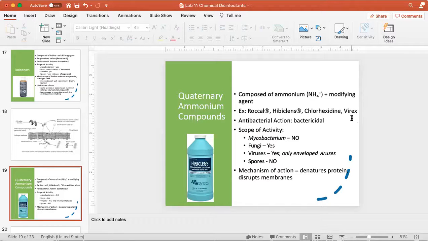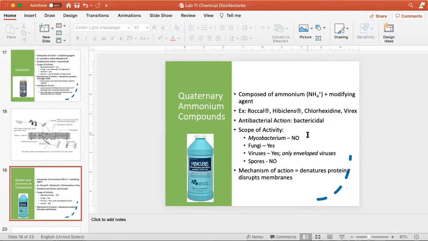Just like the other families that we talked about today, it is bactericidal, right? In order to be a disinfectant, it has to be bactericidal. But just like the iodophores, it's not rapidly bactericidal, so you have to keep that in mind. Only alcohol and bleach are rapidly bactericidal. It happens in seconds, not minutes. So that's why we choose alcohol or bleach as our disinfectant in the lab. It's still bactericidal, but you've got to leave it on for longer periods of time to kill bacterial cells.